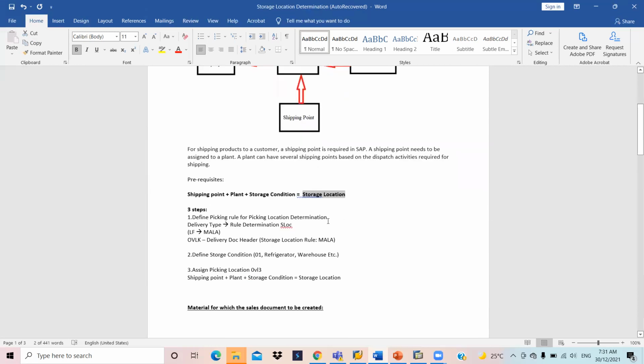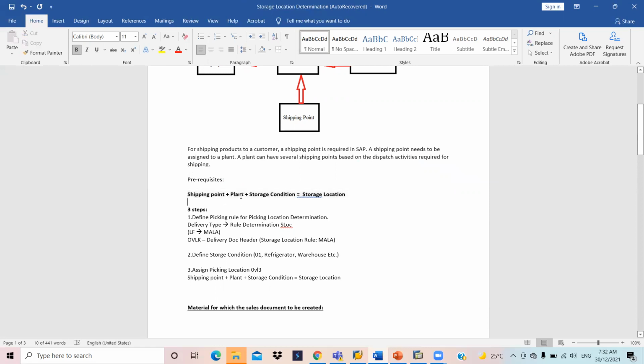Before moving to the configuration, we must make sure these prerequisites are available for the storage location determination. These are the data required. Once the data is available, we can set up the storage location determination.